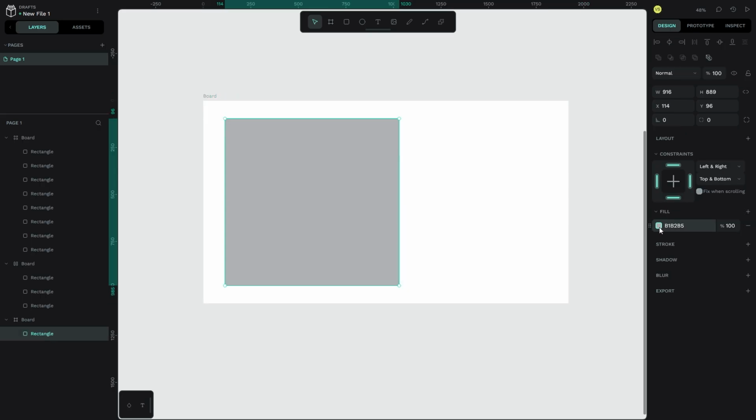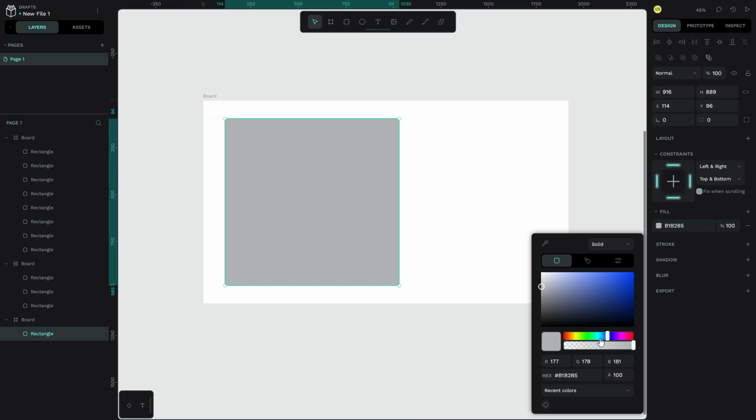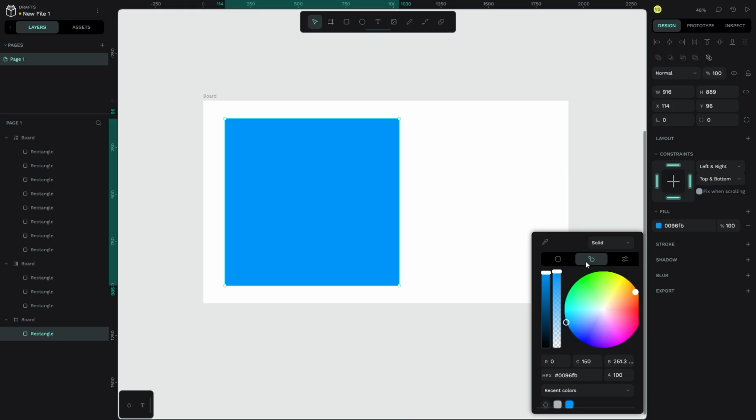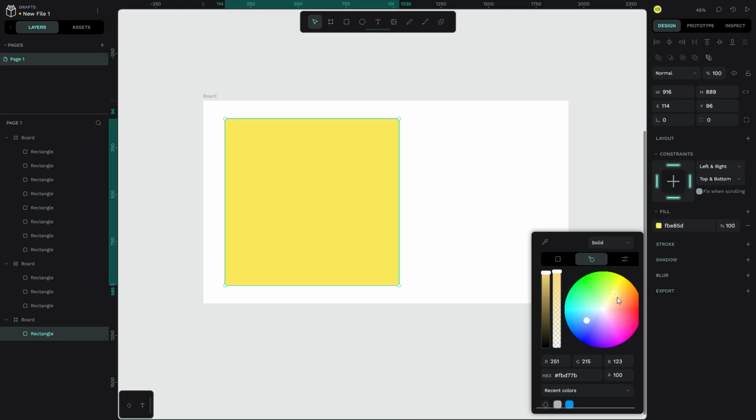For example, the fill. This fill is the color that we're using over here, so you can change the color of your square itself. I feel like we could just go with any normal shade of blue and that'll be fine. You can also choose a color from the circular color picker. For some people this makes a lot of sense. I feel like this is very easy to use, and it also gives you a really good idea of the color wheel, so you can use complementary colors, primary, secondary colors, and this is really easy when you're making your